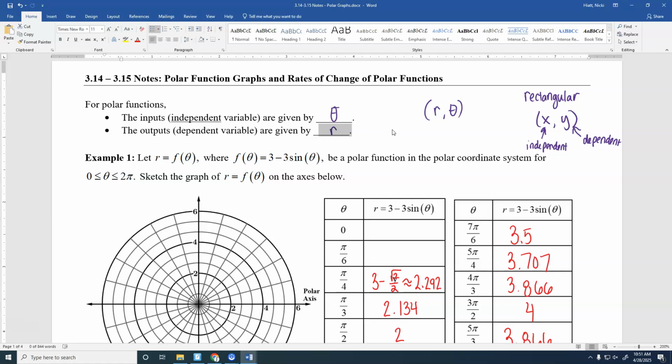That's a good question. I ask myself that all the time. When I graph them, I think of the angle first before I think of the radius. It feels like it should be angle comma radius, but it's not. So I'm sure there's a reason. I'm not aware of what it is, that they decided that this was going to be your independent, or dependent. And this is going to be your independent